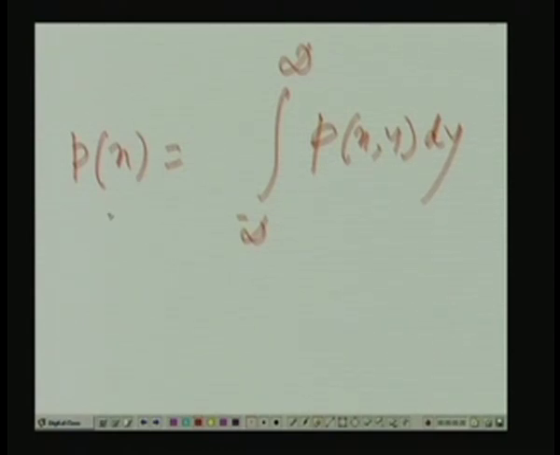When I write P here and this P, these two are different defined functions. In fact, that is why I should have put P subscript x and this is subscript x y. These two are two defined functions. This is a probability density function of x, this is a joint probability density function of x and y. Though I use the same symbol P, these are actually two defined functions. And similarly,